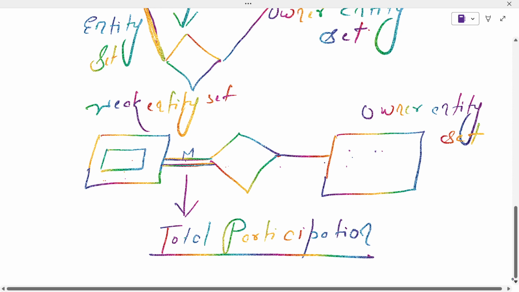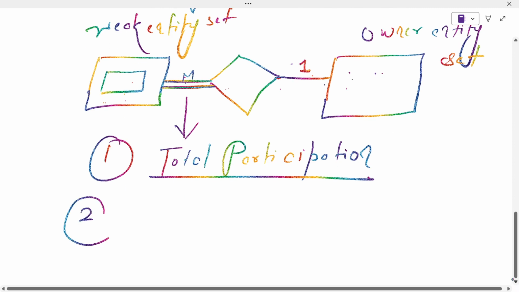So it should be a 1 to M relationship between the owner and the weak entity set. Why is it necessary? The first thing that is necessary is that there should be total participation at the weak entity set, and the second constraint should be between the owner,